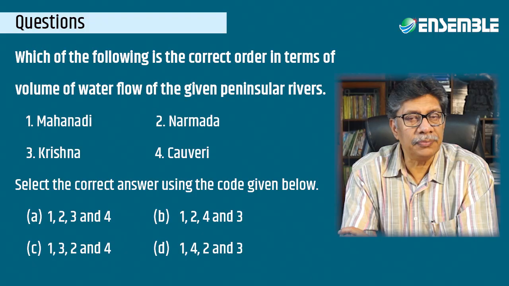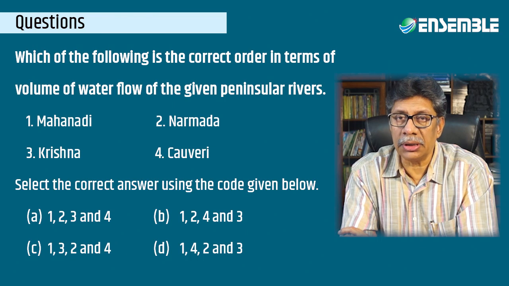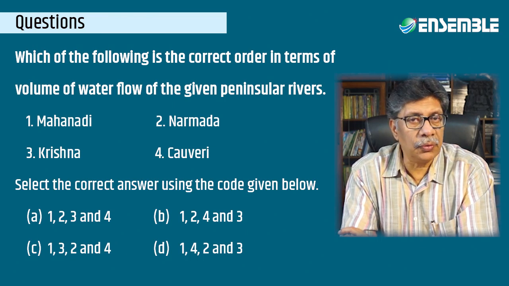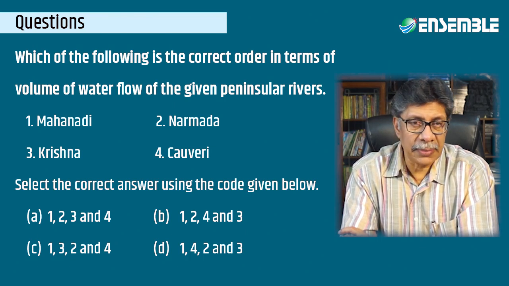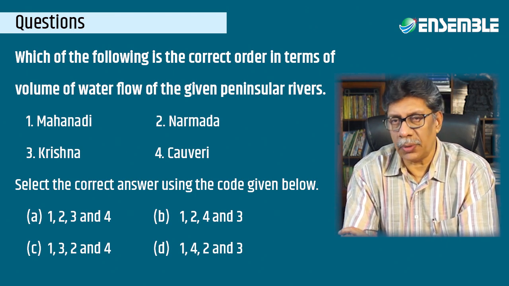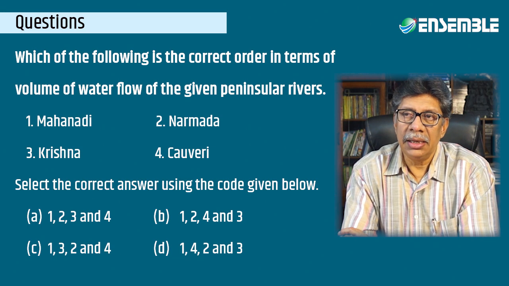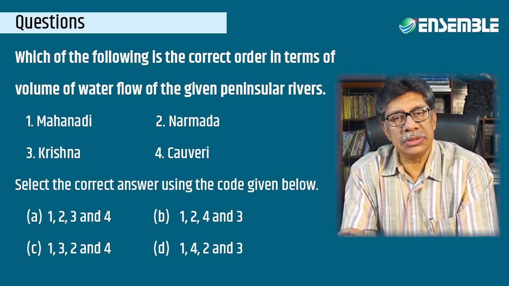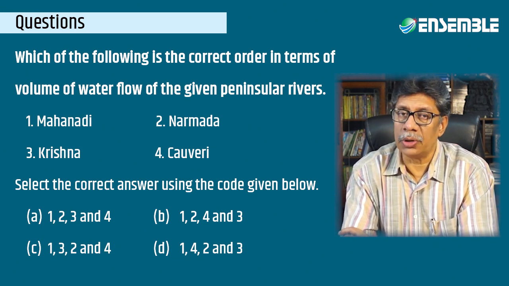A third representative question in this case is going to be: which of the following is the correct order in terms of volume of water flow in a given peninsular river: Mahanadi, Krishna, Narmada, and Kaveri, and one had to arrange it. Now, the volume of water, that means in terms of cusecs and cumecs, was to be